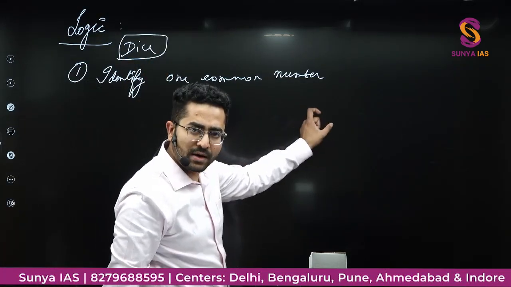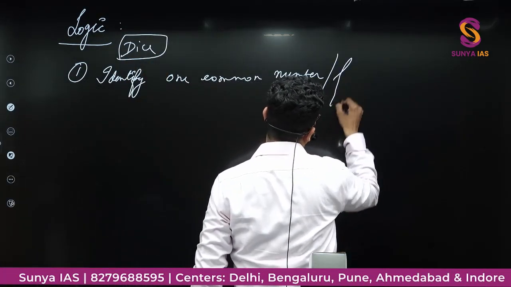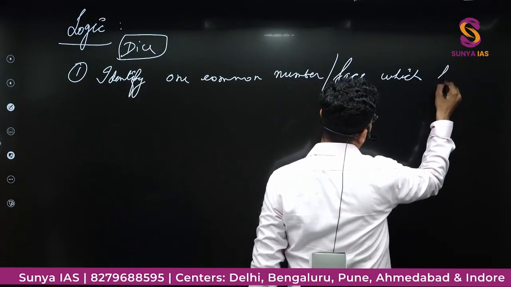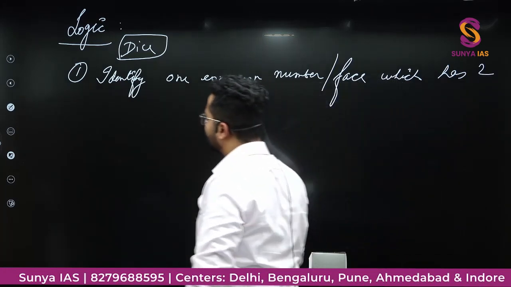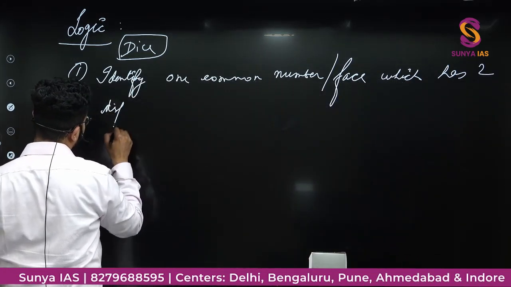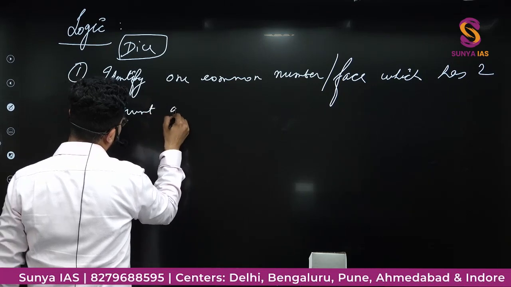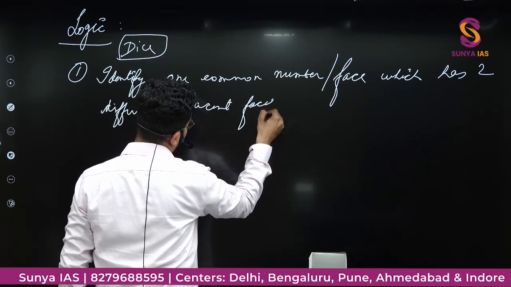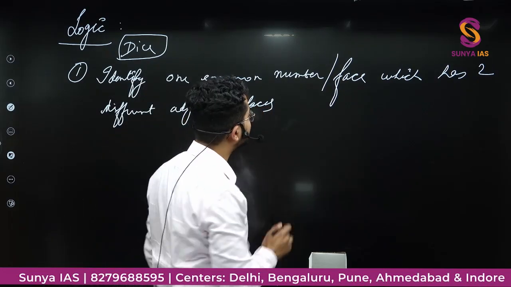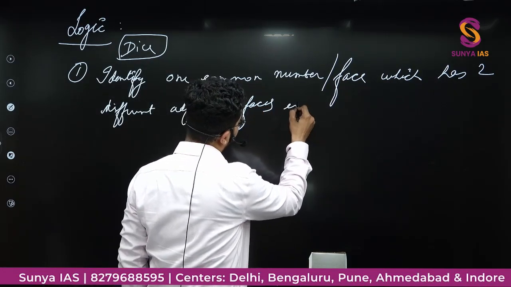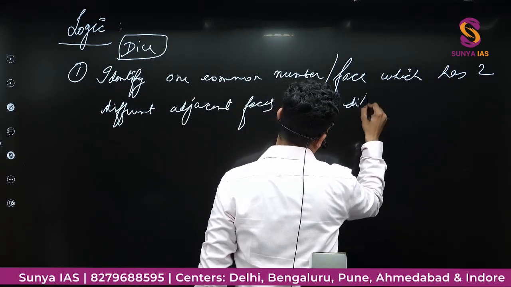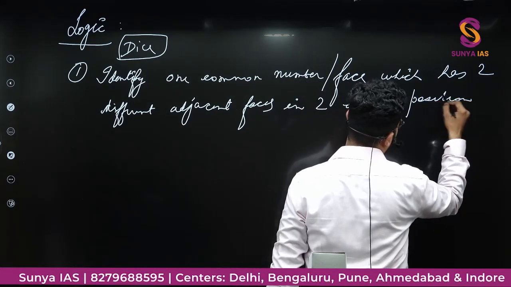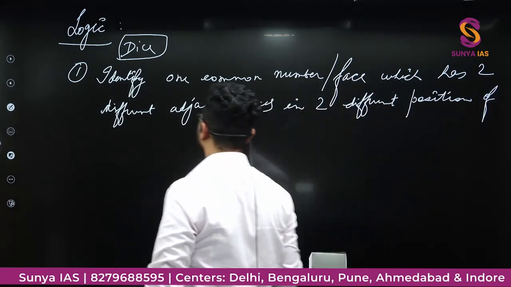Identify one common number or face which has two different adjacent faces in two different positions of dice,